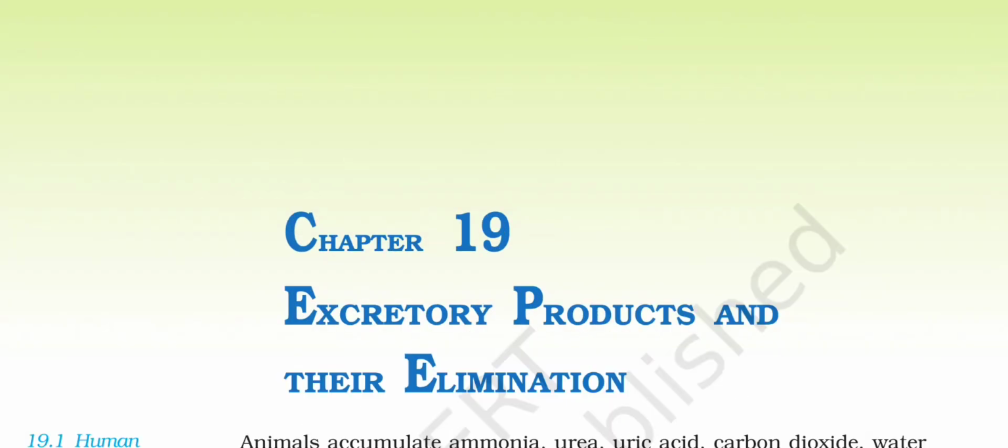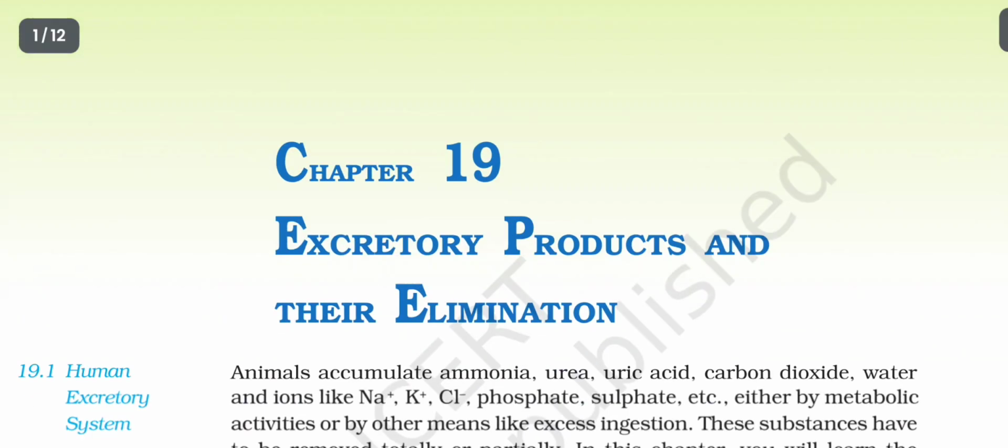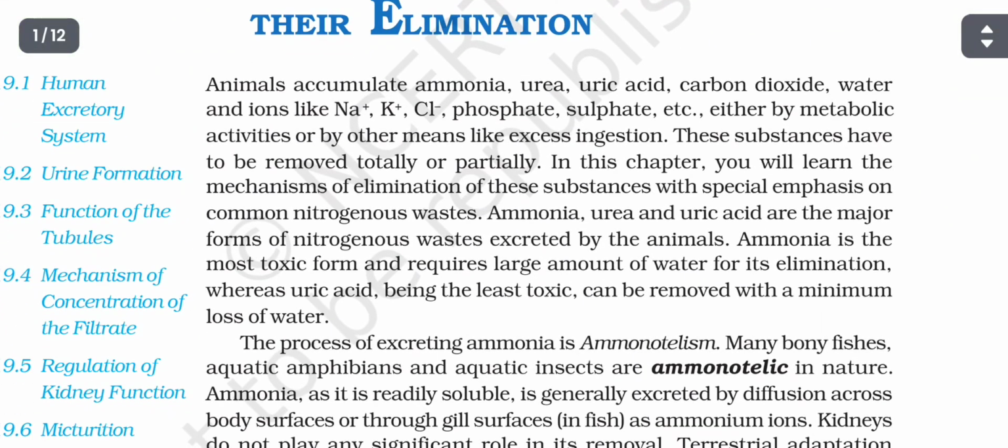Chapter 19: Excretory Products and Their Elimination. Animals accumulate ammonia, urea, uric acid, carbon dioxide, water, and ions like sodium, potassium, chloride, phosphate, sulfate, etc., either by metabolic activities or by other means like excess ingestion. These substances have to be removed totally or partially. In this chapter, you will learn the mechanism of elimination of these substances with special emphasis on common nitrogenous